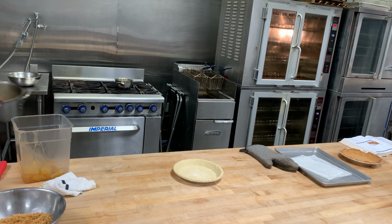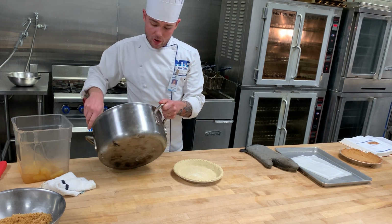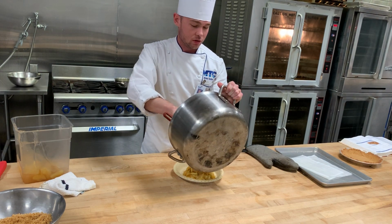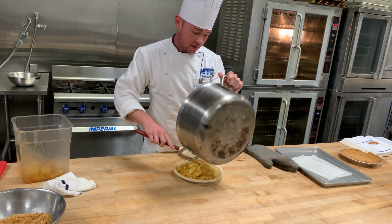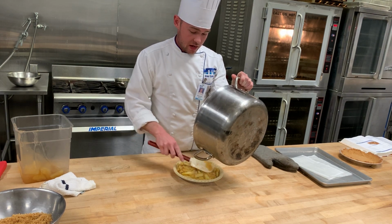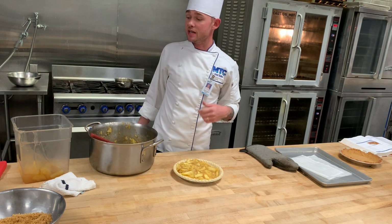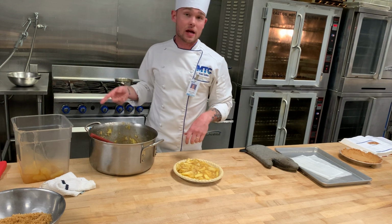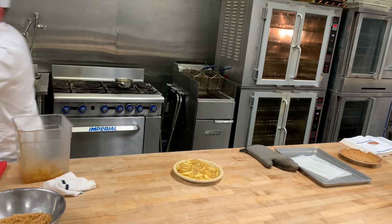So if you've ever wondered why Detweiler's always uses a delicious streusel crumb topping, part of it is their tradition. Streusel crumb topping is huge in the Dutch community, the Amish community, but for the even bigger reason, labor and time. It is very, very simple and easy to make large batches of streusel and top pies with streusel than it is to make a lot of pie dough and make lattice tops on all your pies. And you'll see here,